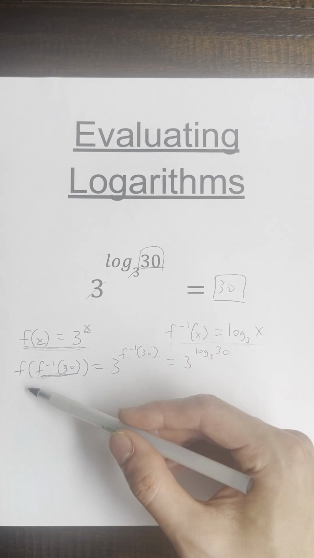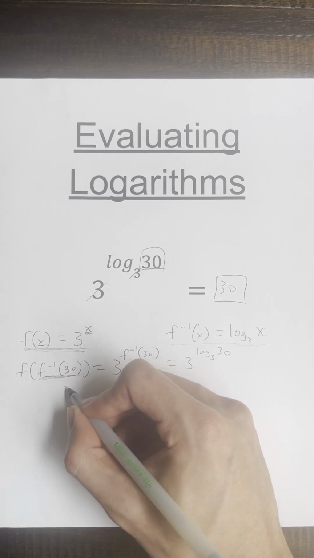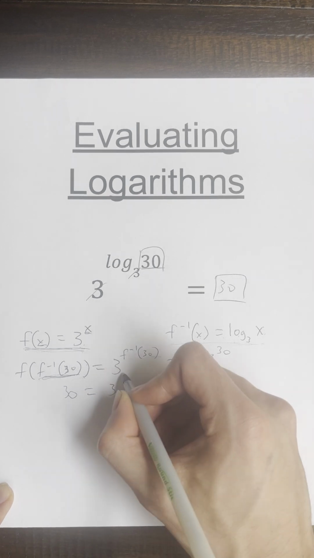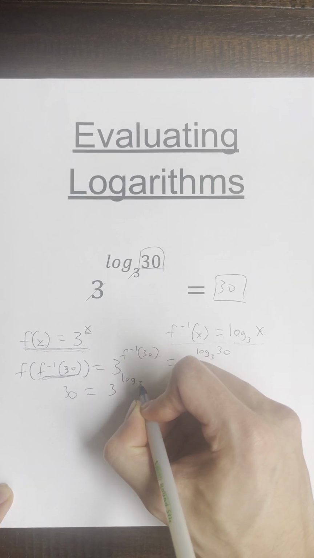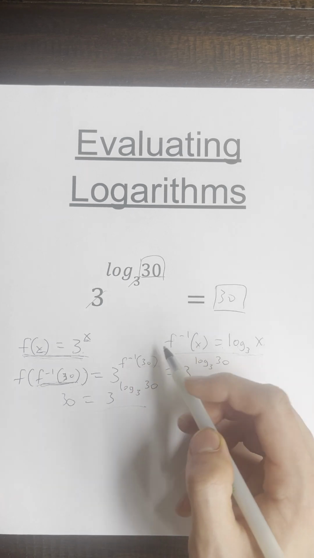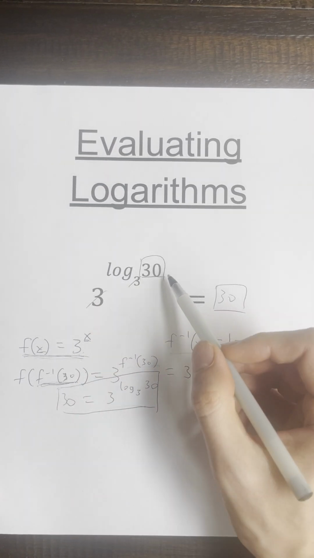But what happens when we take f of its inverse? F of its inverse is just the number itself. So 30 is equal to 3 to the power of log base 3 of 30. This is the same equation as this, and it's why we're allowed to cross out the 3's and let 30